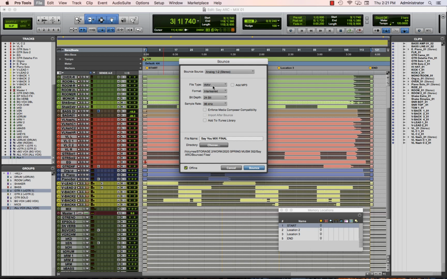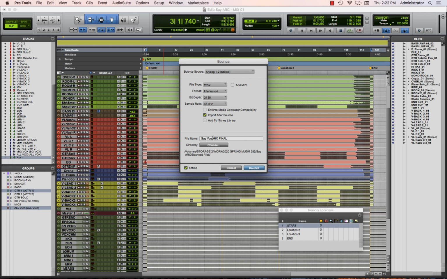As far as file type, we want to leave this as a WAV file. The format, we definitely don't want it mono, and we don't want individual left and right channels to work on later on. We want to leave this interleaved, have a single stereo wave file when it's all said and done. Okay, we're going to leave it at 24-bit because that's the session, but our session is not in 96 here. My session right now is in 48K, so I want to make sure that that stays the same as the bit depth and the resolution for my session that it is currently in,